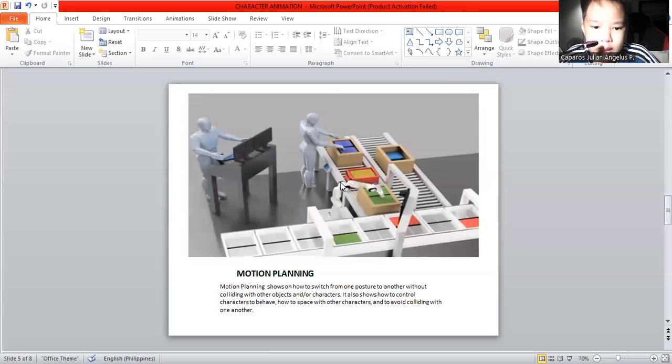Okay, motion planning. Motion planning shows how to switch from one posture to another without colliding with other objects and or characters. It also shows how to control characters to behave, how to space with other characters, and how to avoid colliding with one another.